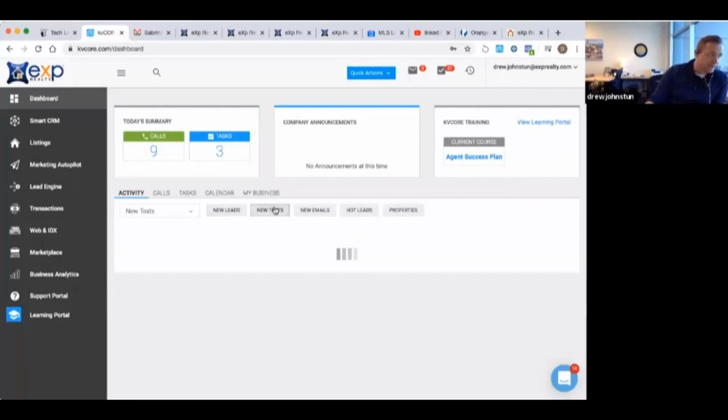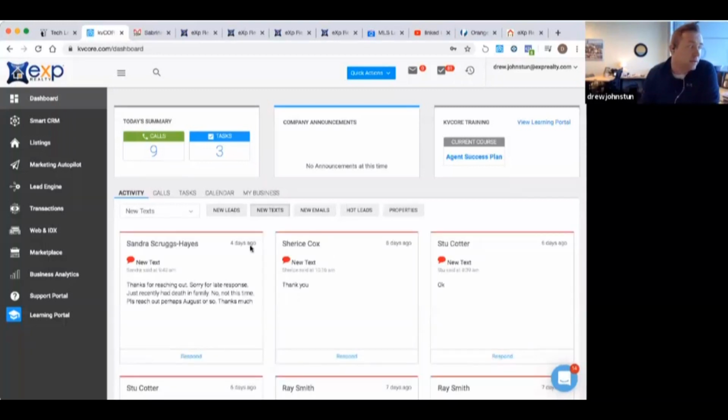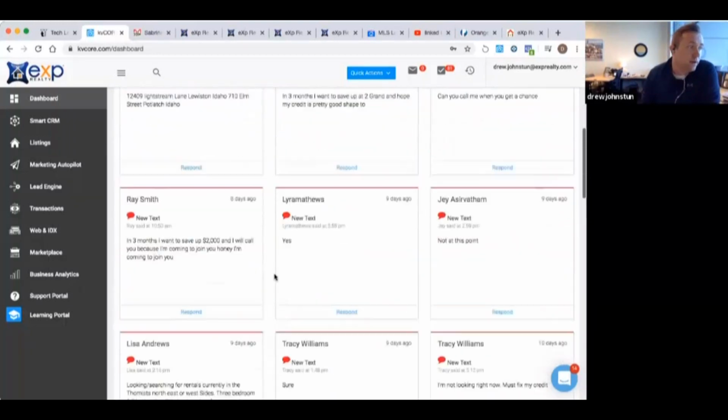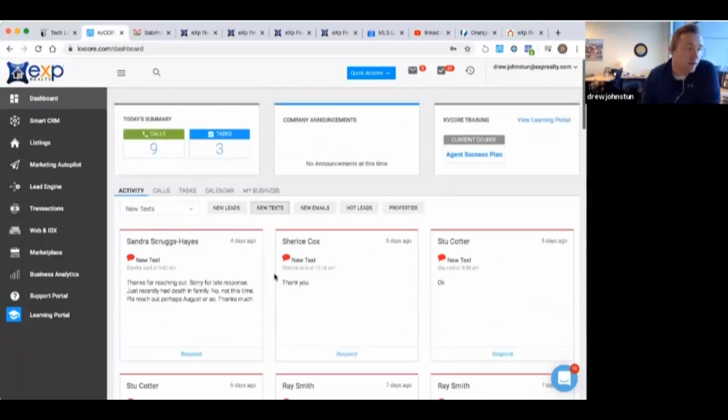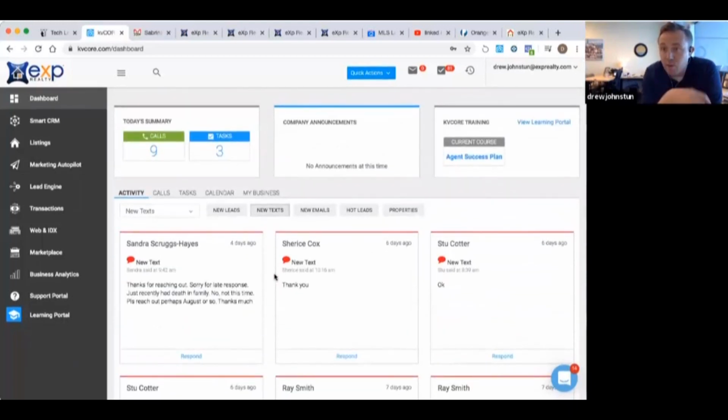Hit your new texts. To give you perspective, if you're ever setting up campaigns, which I'll show you a little bit about, when it comes to communication, you want to do text messages compared to emails. You have a 73% higher chance of them actually responding to you with texts. You see here, it's a super easy way to connect with them, and the great thing is it has a mobile app that allows you to text them as if it's just a regular text message on your phone.